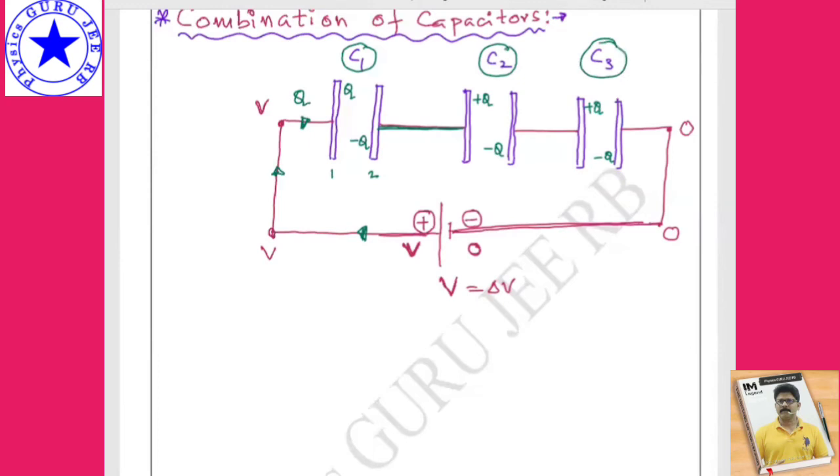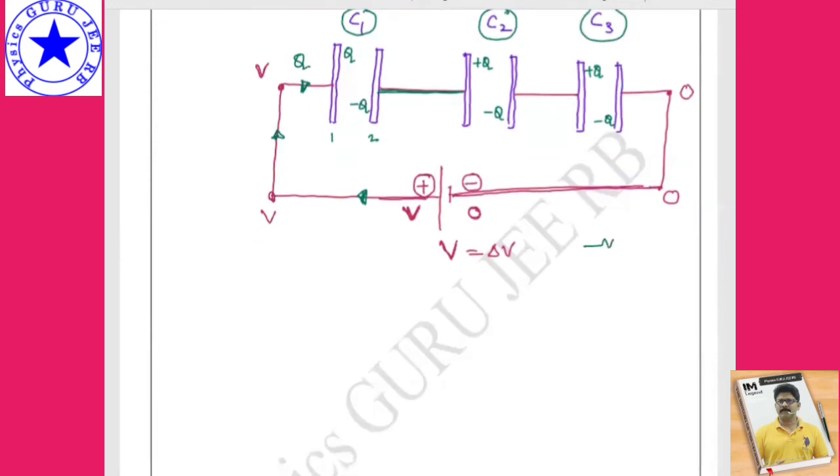Like if I take resistors, this is nothing but resistors R1, R2, R3, as in 10th class. So the current entering here is nothing but current. The same current passes through all the resistors. Here the same charge passes through all the capacitors. So what conclusion can I give here? Number one, Q is the same. Hope it is clear. Q is the same.